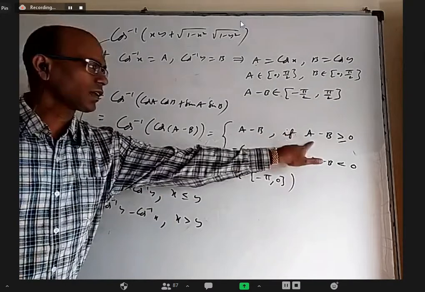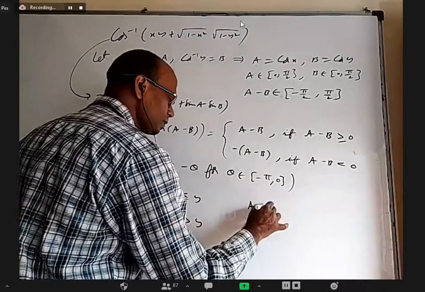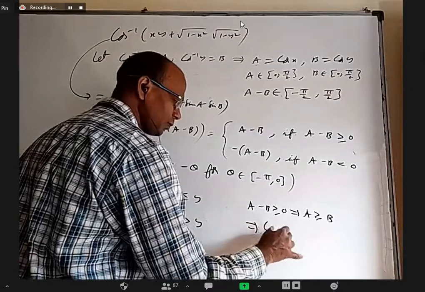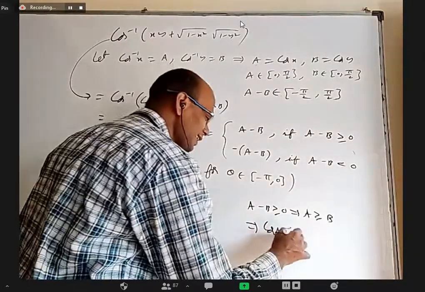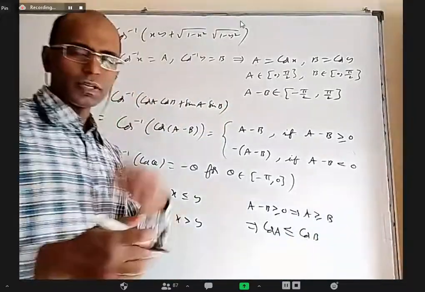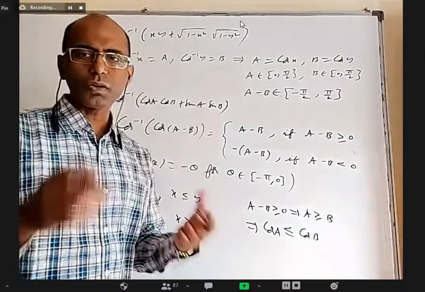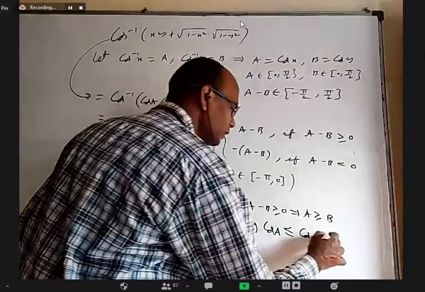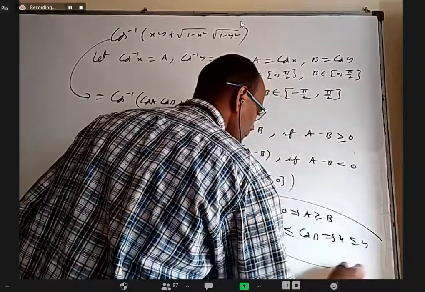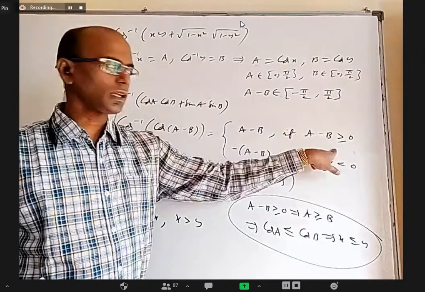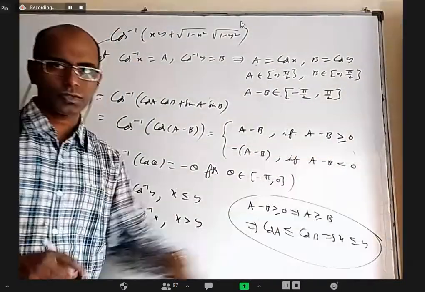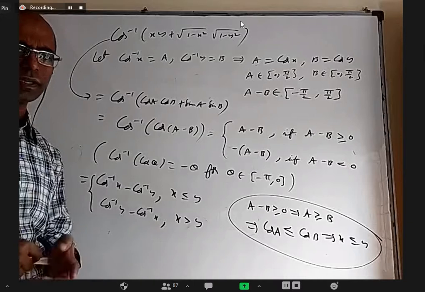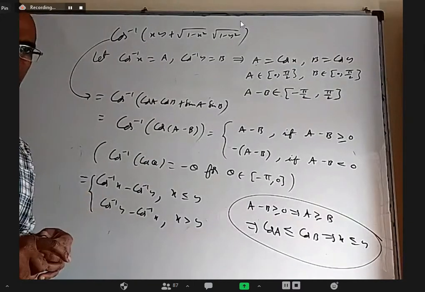One may ask, how did we get this? A minus B greater than or equal to 0 implies A greater than or equal to B. But when A is greater than or equal to B, between 0 to 90 especially, cos A is less than or equal to cos B. When you increase the angle, the cos value will decrease. Cos 0 is 1 and cos 90 is 0. So when A is more than B, cos A is not more than cos B, it is less than cos B. From that, I'll get x less than or equal to y. So that is how A minus B greater than or equal to 0 translated into x less than or equal to y. The other one is just the reverse. If somebody proved this on your own, fine. If not, just copy this. Yesterday I gave the statement of the formula, but I did not prove it. This is the proof.